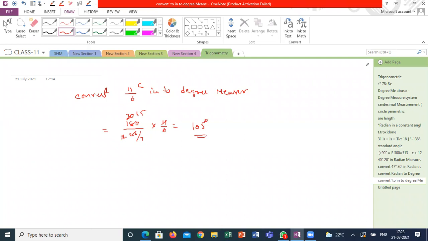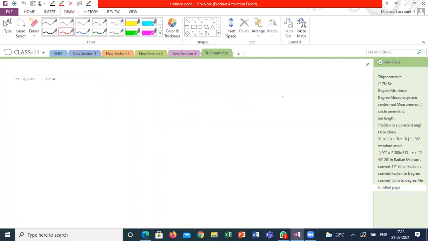Is it clear, guys? Now, what is the meaning of negative angle? Yesterday we were discussing terminal ray and initial ray. If OP is rotating in the anti-clockwise direction, the angular displacement is generally considered a positive angle. Suppose the same OP is rotating in the clockwise direction. The angle subtended, the angular displacement with respect to the initial and final position of OP dash, is generally called a negative angle.